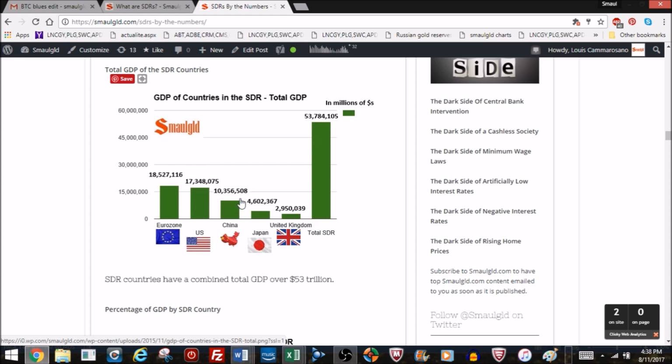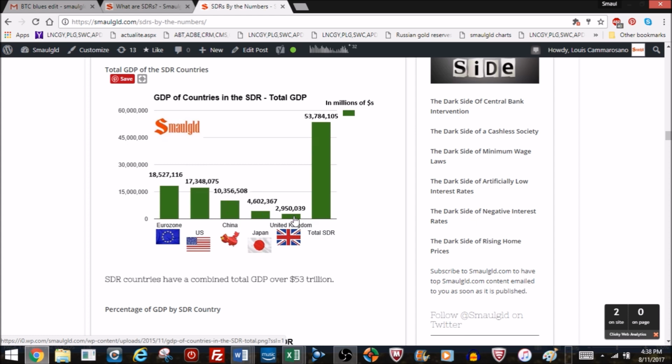So this is why when people say that China's building out the Silk Road, and they are, and they're going to develop that into a zone. But right now, China does the bulk of its trade with its other SDR partners, the US, Eurozone, and Japan. Doesn't mean they don't have economic activity elsewhere, but that's why I insist that China has no interest, at this point, in trashing the dollar, crashing the dollar, because these countries, the Eurozone, Japan, and the US, trade in dollars. China has dollars.